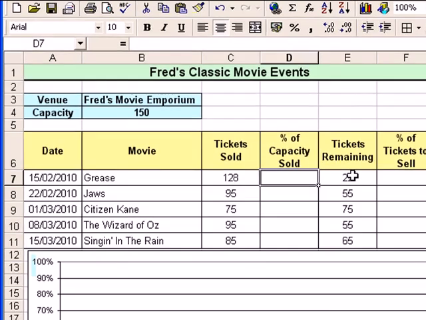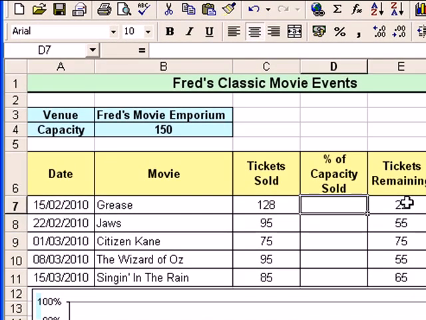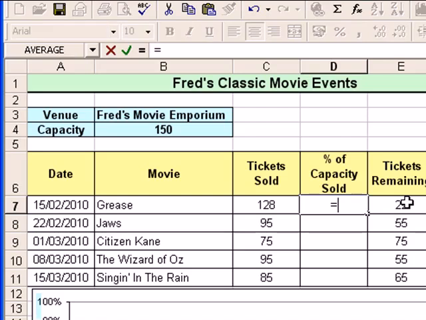The first one is simply going to tell us how much of the auditorium has been sold. So again, we press the equals key, click on the first value there, how many tickets have been sold for Grease, and we divide that by the auditorium capacity, which we know is 150 up there. So simple formula, equals C7 divided by B4, and again remember, press the F4 key, sets that as an absolute